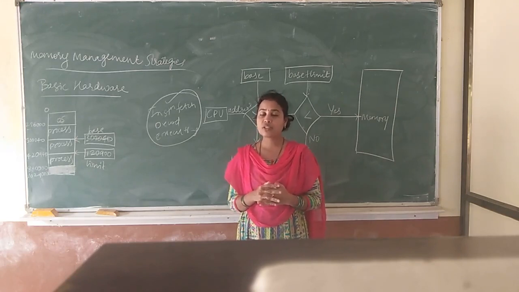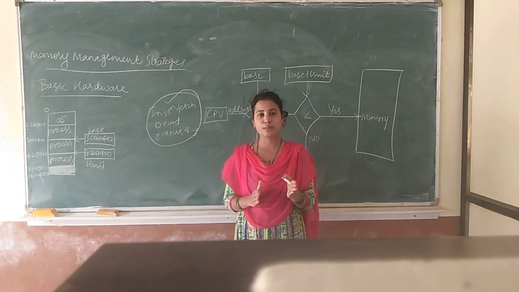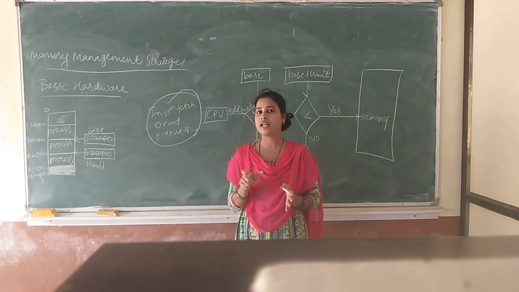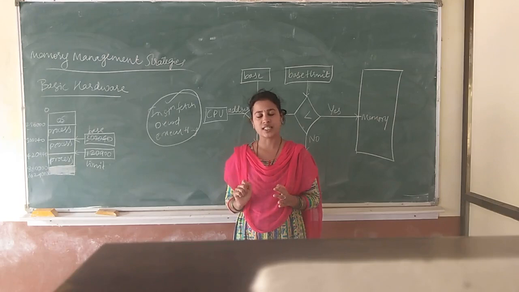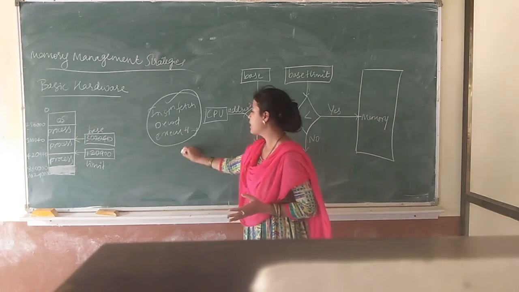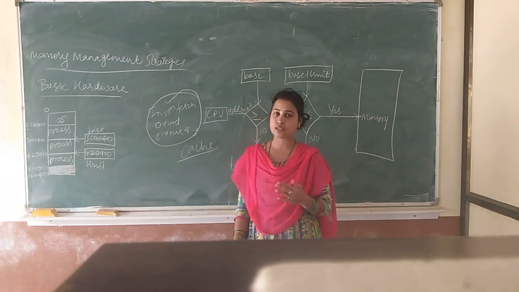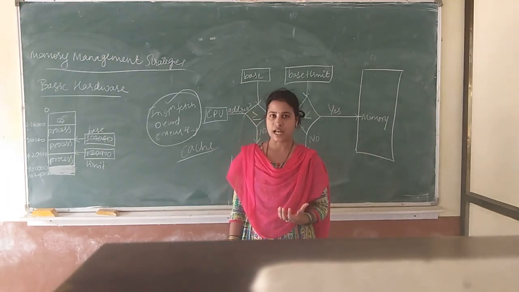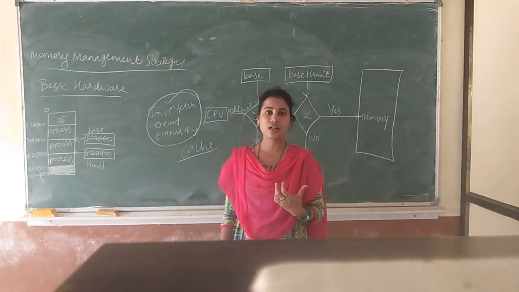We have to introduce an intermediate between the registers of the processor and the main memory. We all know what that intermediate between the main memory and the processor registers is. Yes, that is called cache memory. So we all know what a cache memory is. Cache memory contains the frequently used data by the processor.